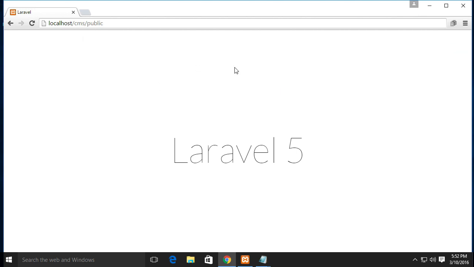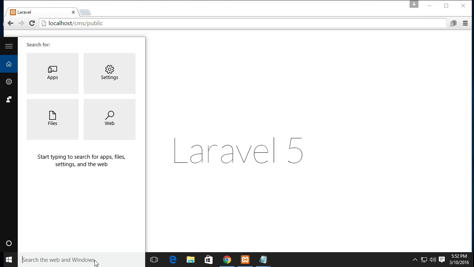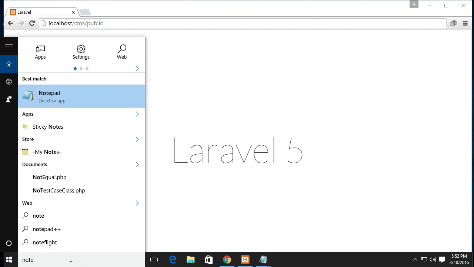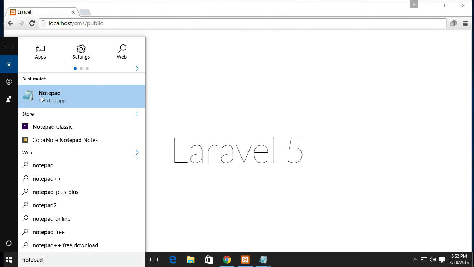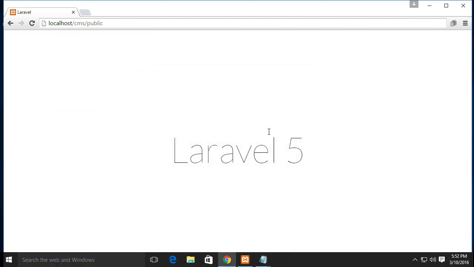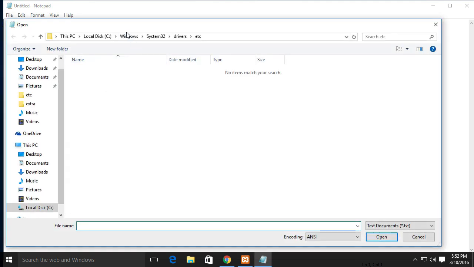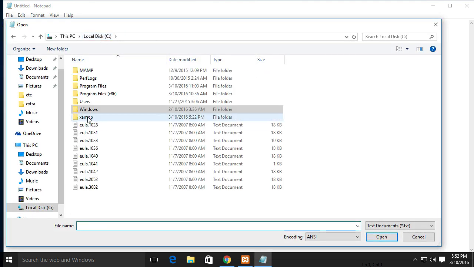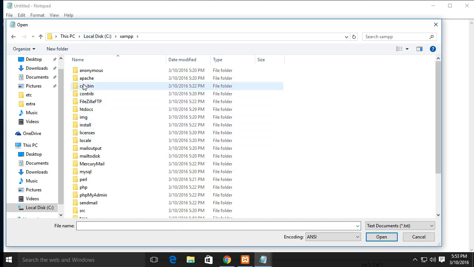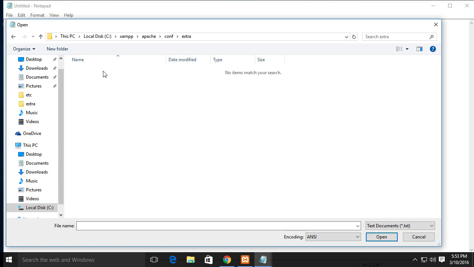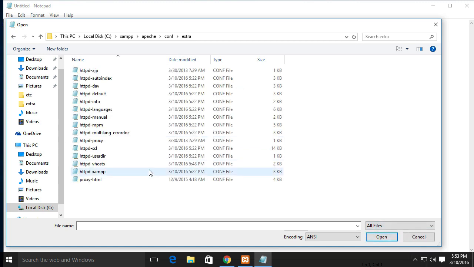Well, first of all, we need to create and modify our virtual host in our Apache server. All right. So how do we do that? Well, very simple. First of all, we're gonna go and find an editor. I'm gonna find Notepad. Super simple. Find Notepad, right click on it, run it as an administrator. All right. And once you have it, go to File, Open, and we're gonna find XAMPP, local disk, XAMPP, and then Apache, conf, extra, and then make sure that you see all the files there,